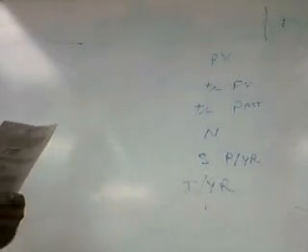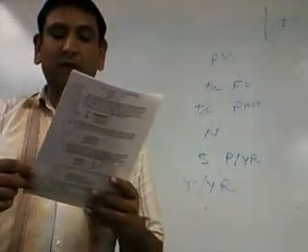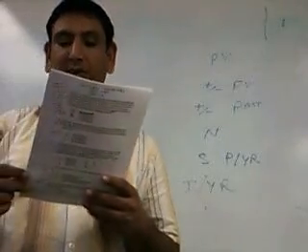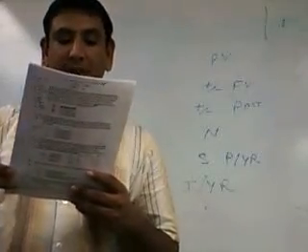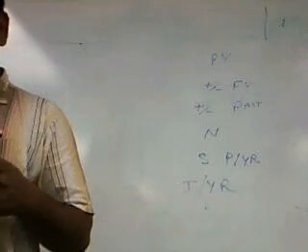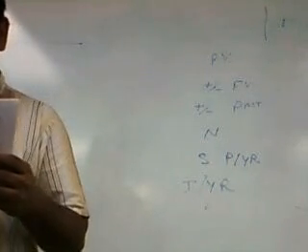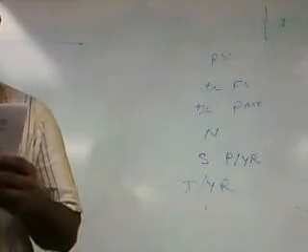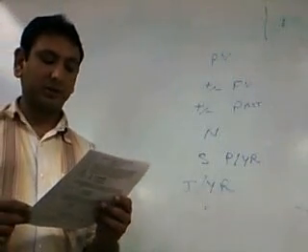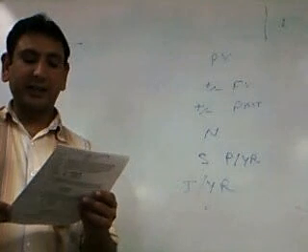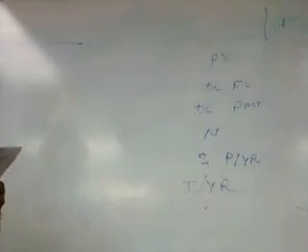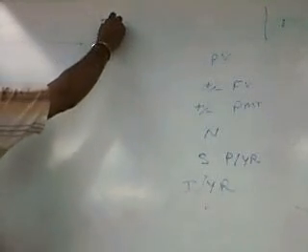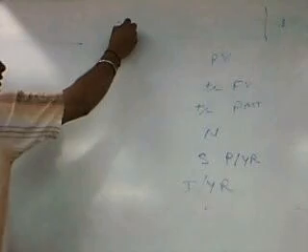Question number 55. An investor has negotiated to purchase a piece of raw land for $375,000. He believes that the land will increase substantially in value. At the end of 3 years, he will be able to sell the land for $483,400. What yield, expressed as an effective annual rate, will he earn on his investment? So effective annual rate, we are looking for